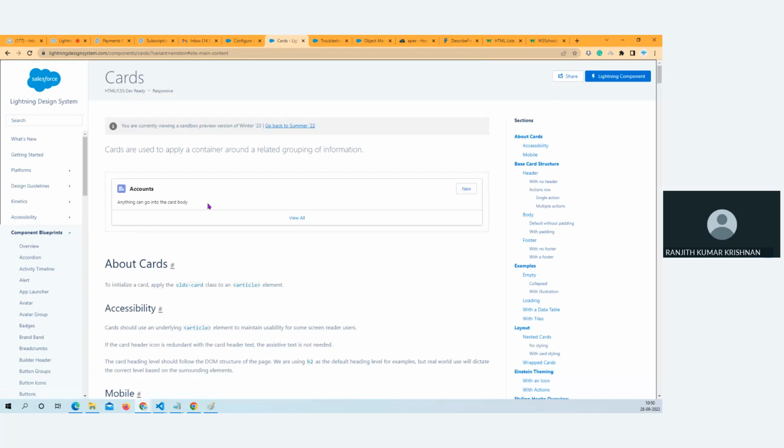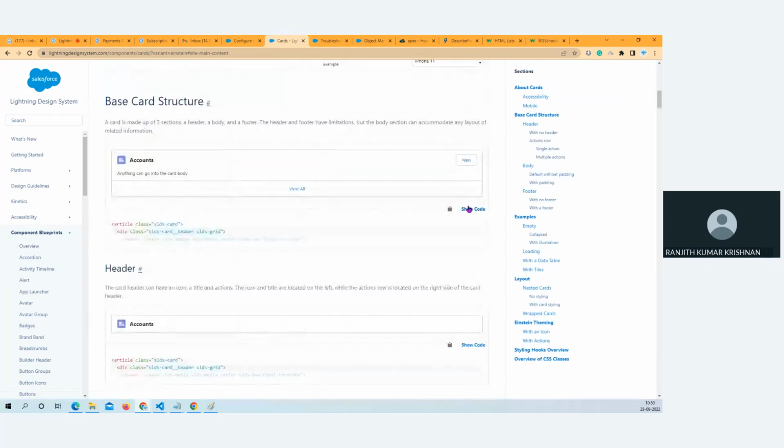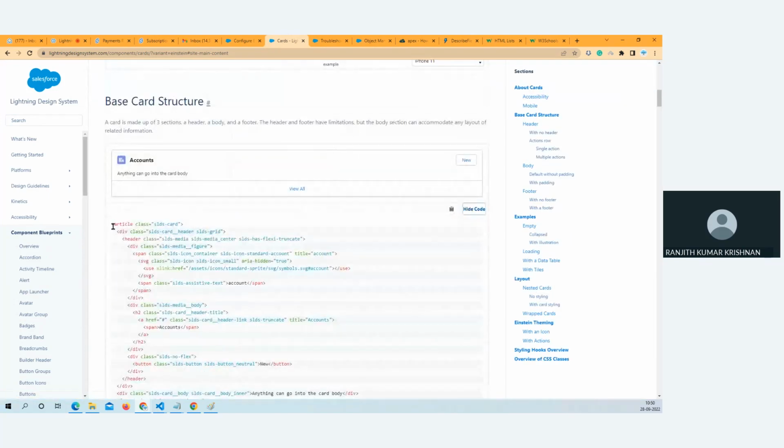Exactly like your Lightning card. You can put a button, a title like this. So yeah, it's SLDS card, and inside we have a